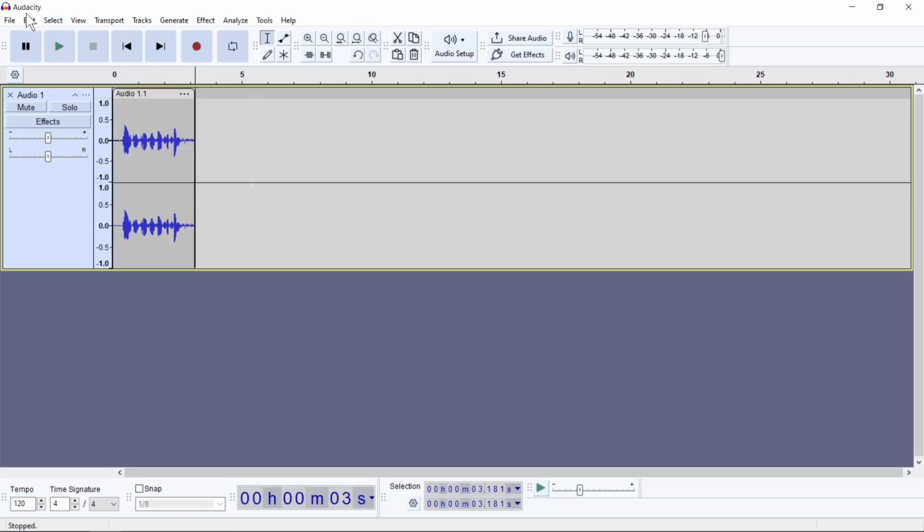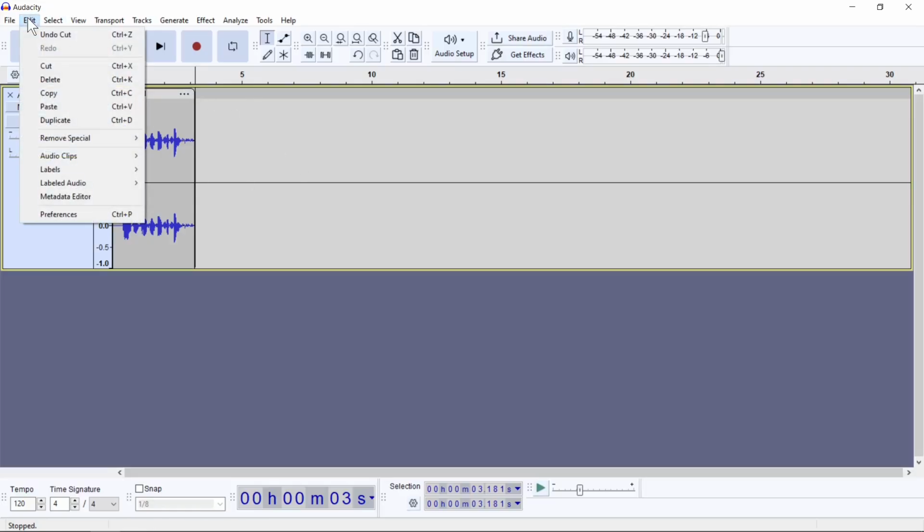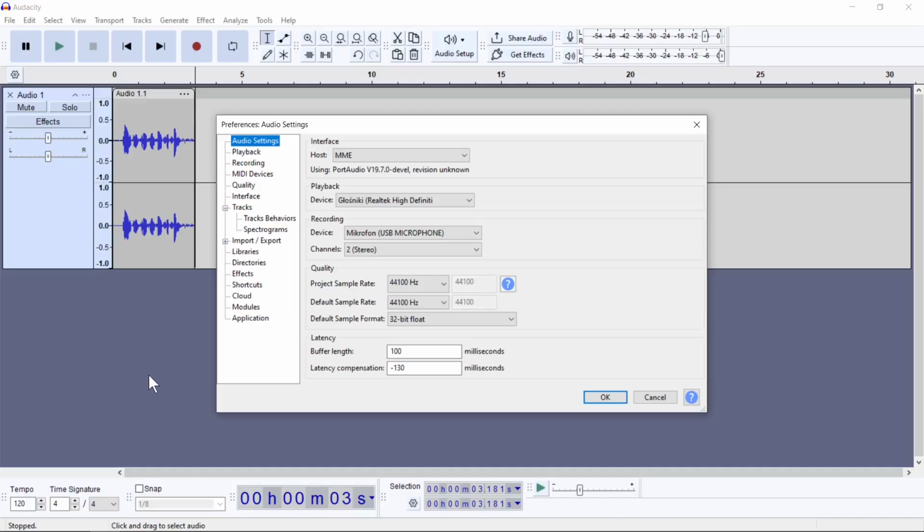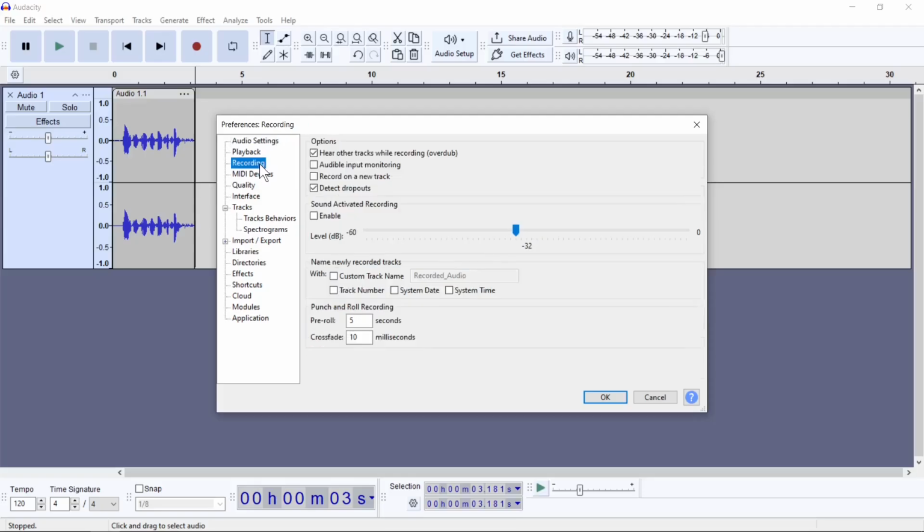So first we need to go to the Edit tab in the upper left corner, and after that we need to open Preferences or use the shortcut Ctrl P. Now by default Preferences will be opened in the Audio Settings tab. But we are interested in going to Recording, so I click here, and now we can find here